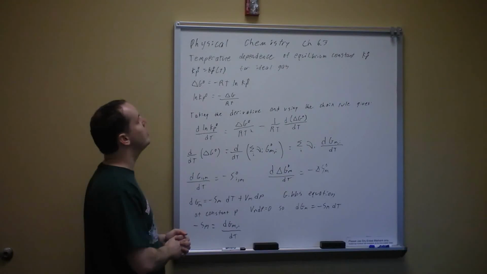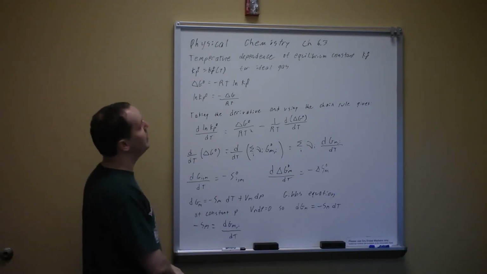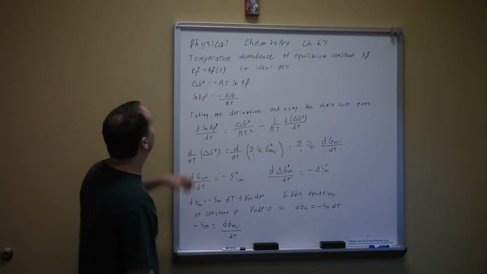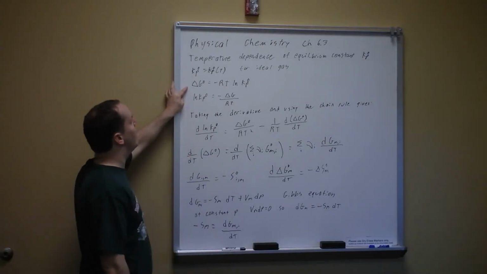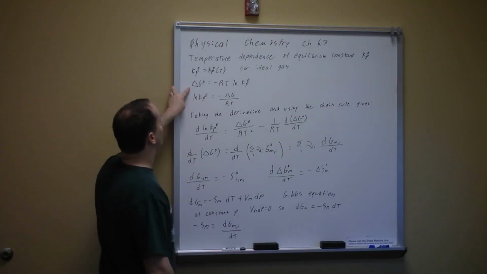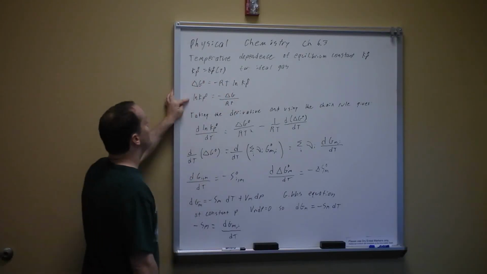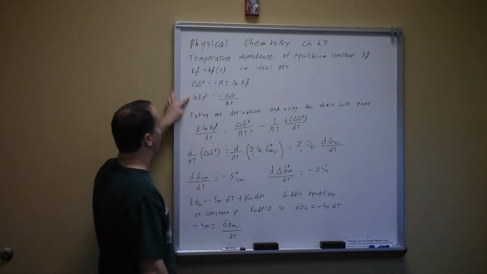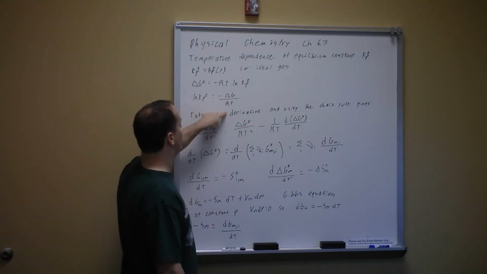We're in Physical Chemistry, Chapter 6, beginning Section 3 now. We're going to talk about the temperature dependence of the equilibrium constant Kp naught. We already said several times before that Kp naught is a function of temperature only for an ideal gas. And we know that delta G naught is equal to minus RT times the natural log of Kp naught. So solving for the natural log of Kp naught,